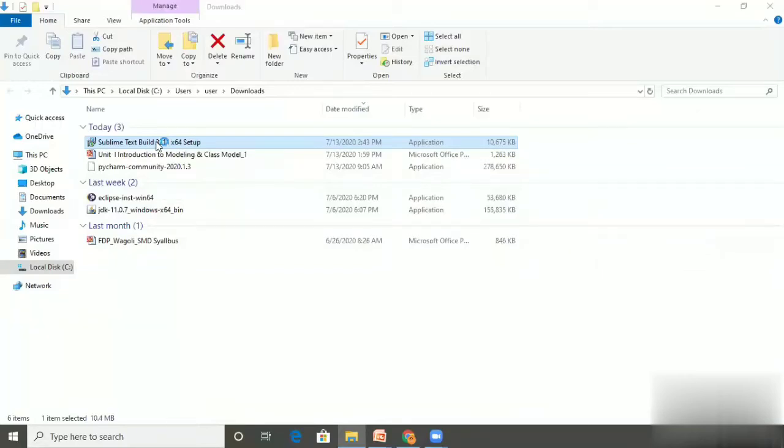Just simply double click on it, and it starts installing Sublime Text on your machine. There are many software installed on my machine, so it will ask for operating system permission. Simply click yes.